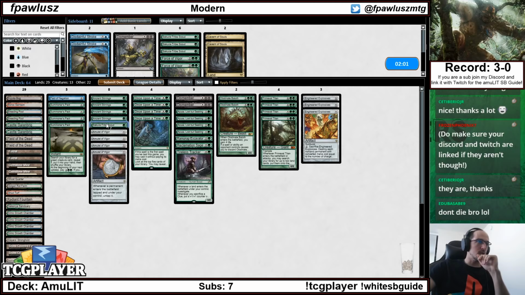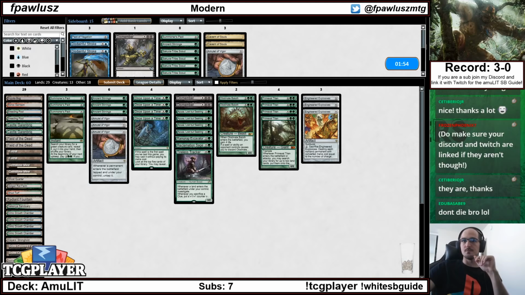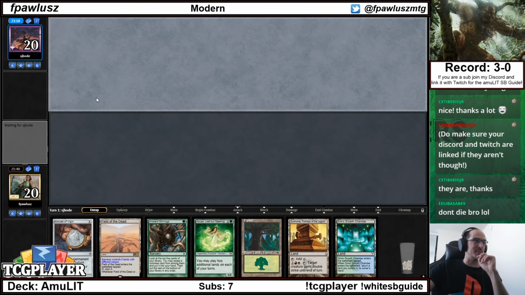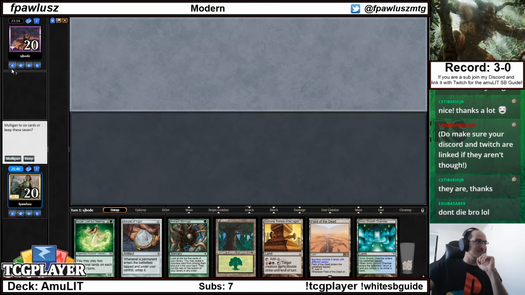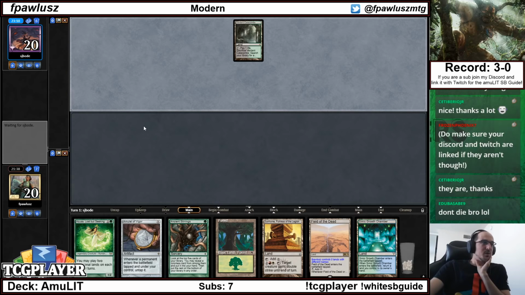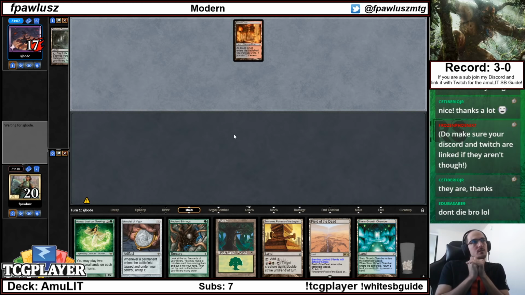Signing out all scouts. Pact of Negation, one Pact, one Summoner's Pact. I'm gonna try not to die, Edu. I'm gonna try my best to not die, but no guarantees. This hand is excellent. This is what you want to see against Jund. Your hand's gonna get shattered to pieces anyway, so...